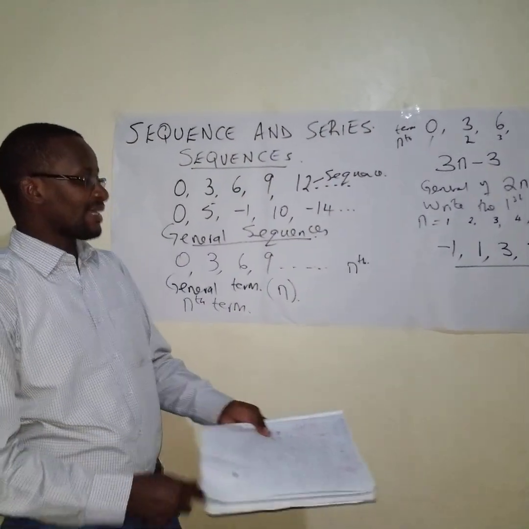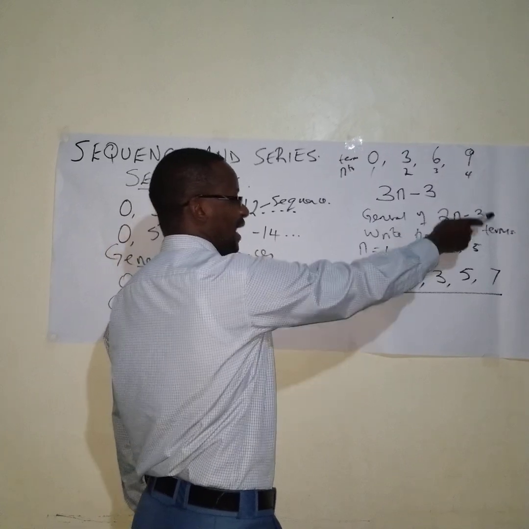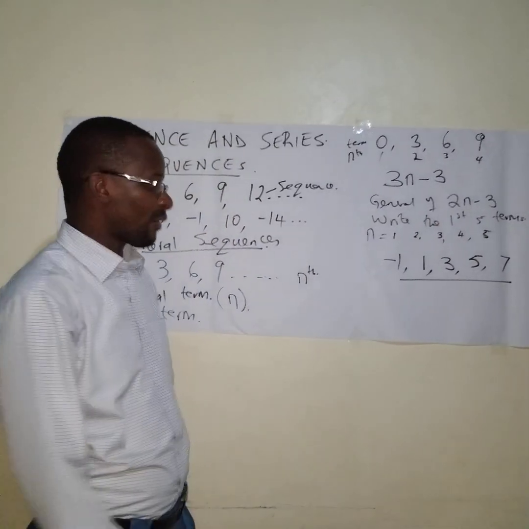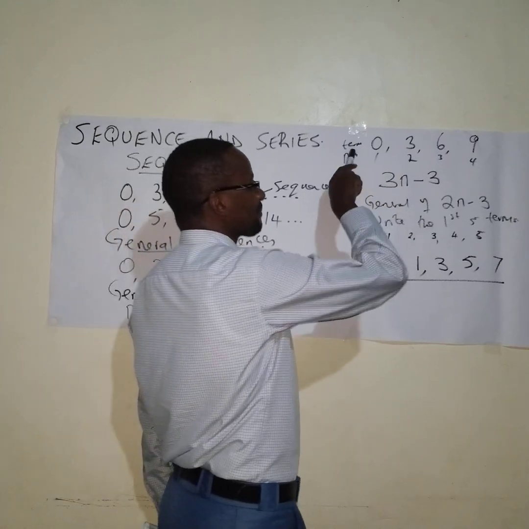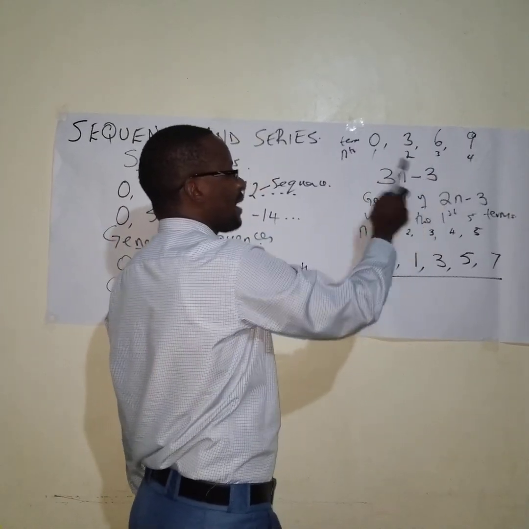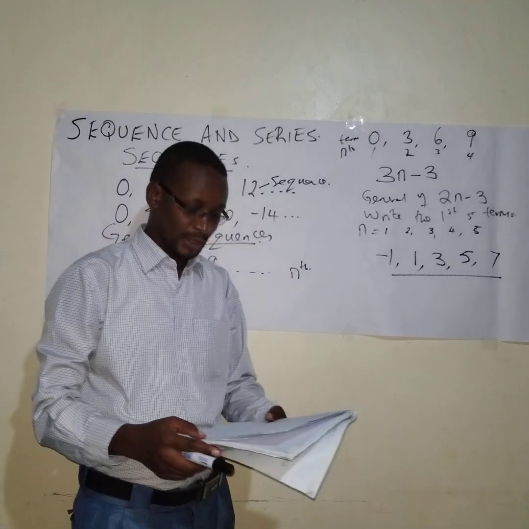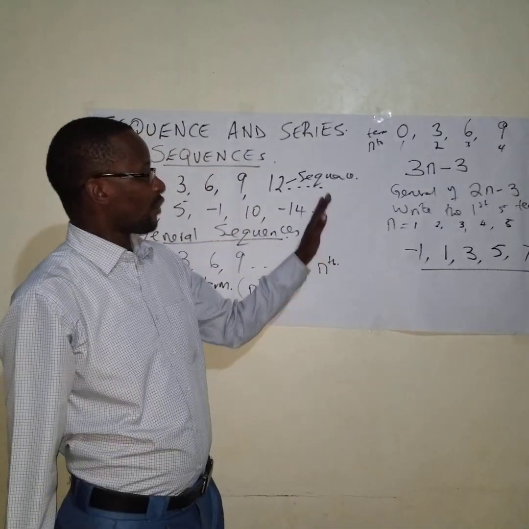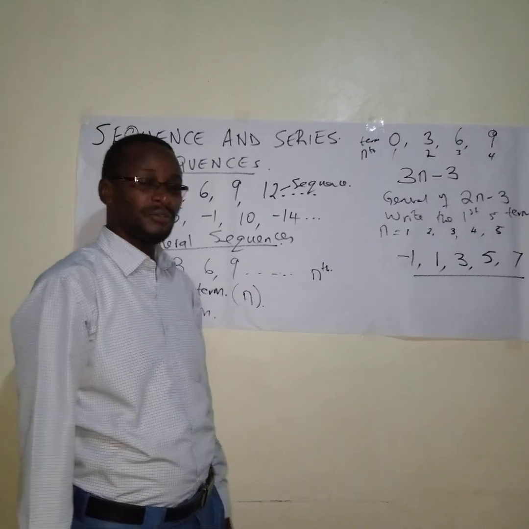So it's easier when you are given the general term or the general rule to come up with the terms. But it is also possible for you to be given a sequence and then you come up with the general rule or the general term that is being followed. We are going to get there, but for now, for this lesson,